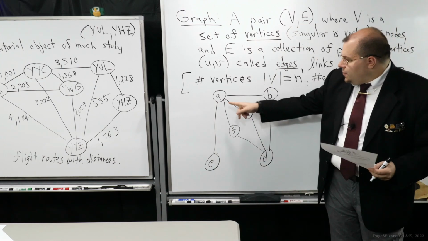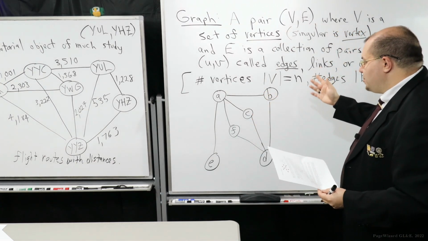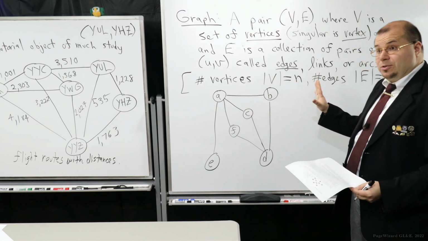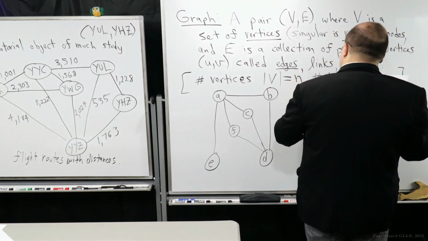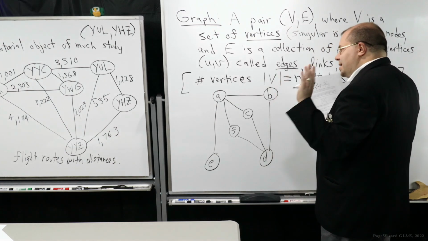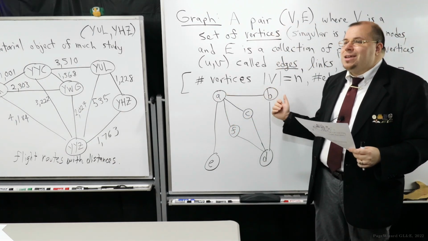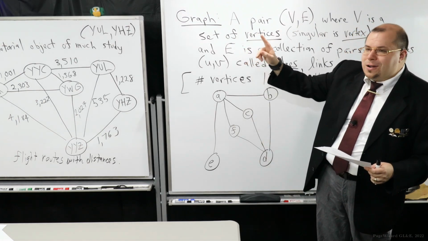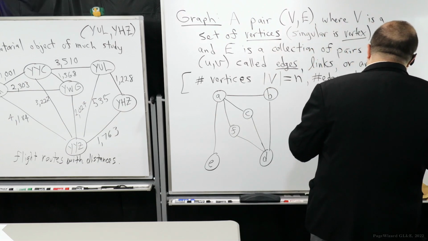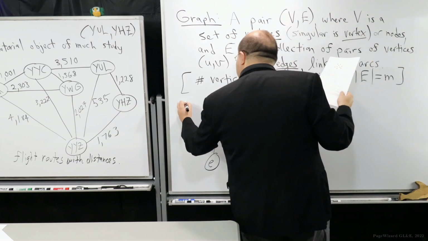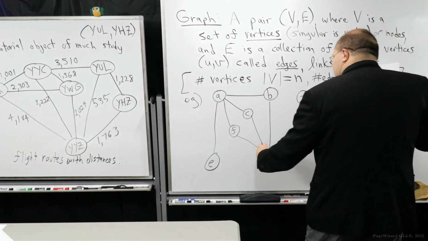I've labeled the vertices with these alphabetical letters, but that isn't necessary at all. These could be numbers. In fact, technically a graph doesn't even have to have labels on it for the vertices. But it is important that we have some way of knowing which vertex is which. So you can think of these as the names of the vertices. Otherwise, I would usually call them V1, V2, V3, V4, because the labels don't really matter a whole lot. So here's just an example. In this case, if this is graph G,